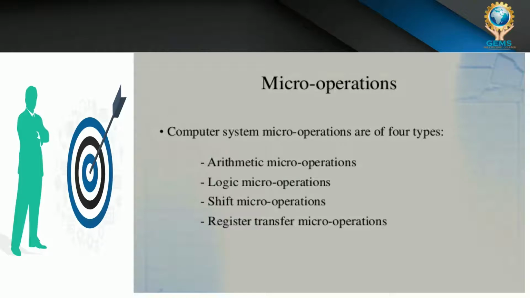Among these points, I covered arithmetic micro operations and logical operations for understanding micro operations in computer organization and architecture. So these are important. For knowing this concept, we discussed these two kinds of operations as examples. Now we can go to the next topic, that is bus and memory transfer.